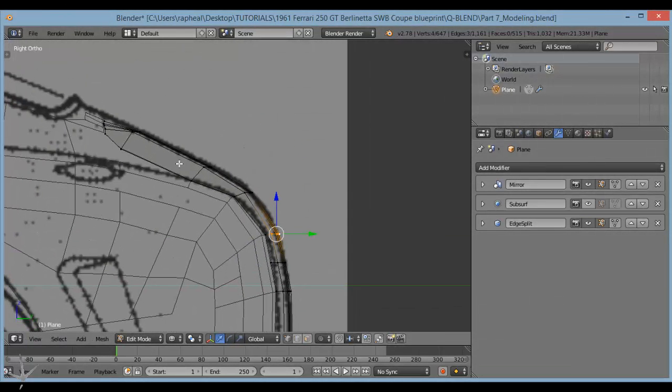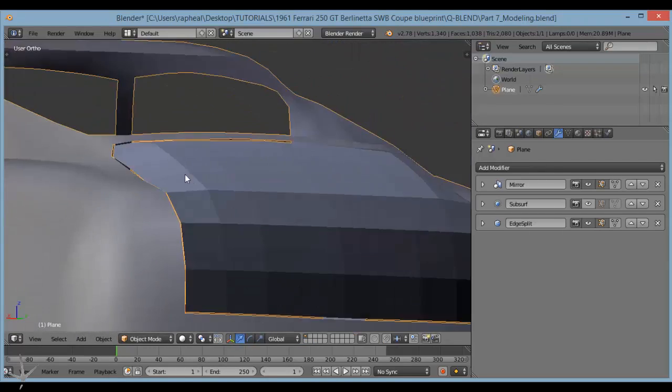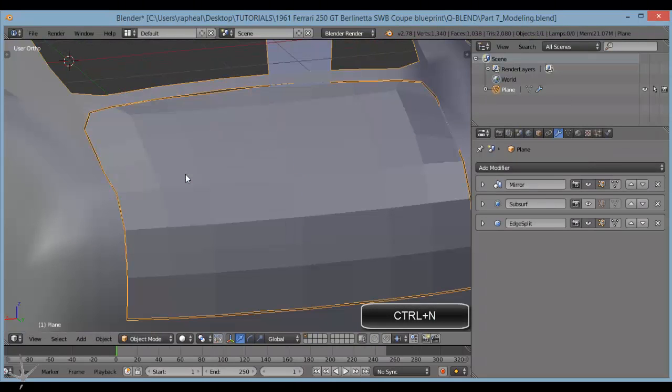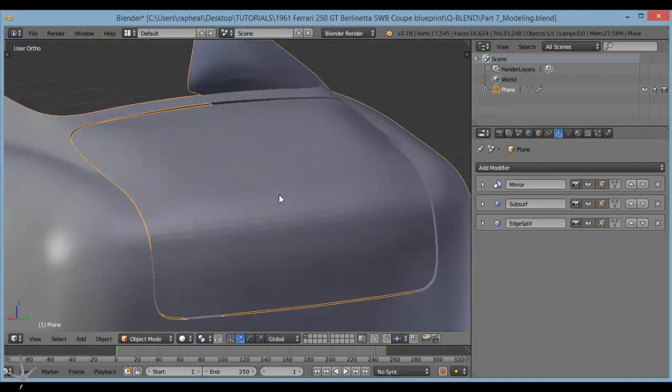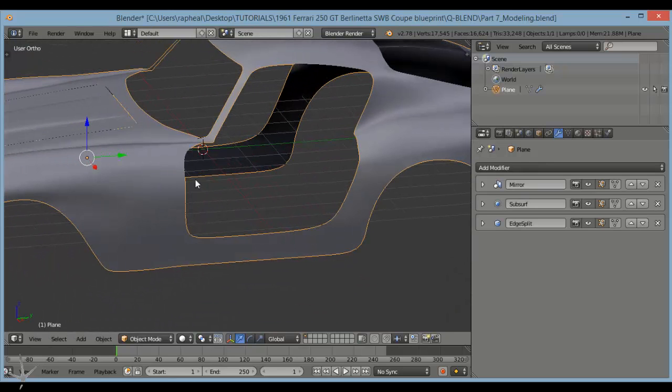Yeah, it's fine. So I can add maybe a loop cut over here, then maybe pull them out a bit. So right now we have that. I'll select everything here and press Control N to flip the normals, maybe smooth it, and try and take a look at it. And now for this portion of the car, which is the door,